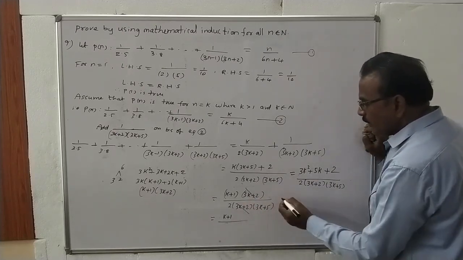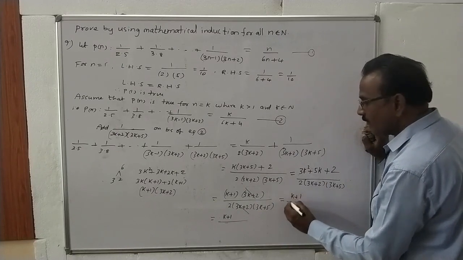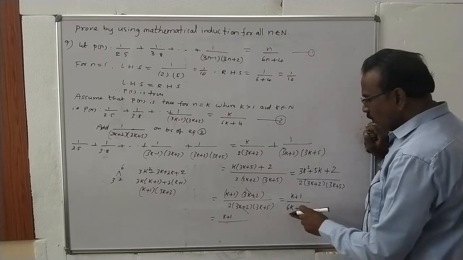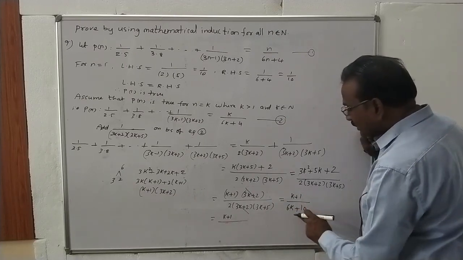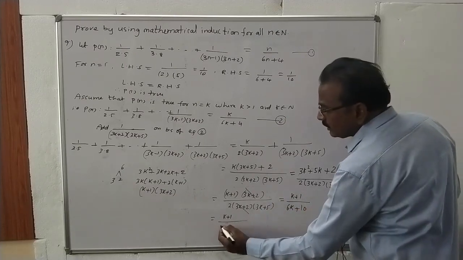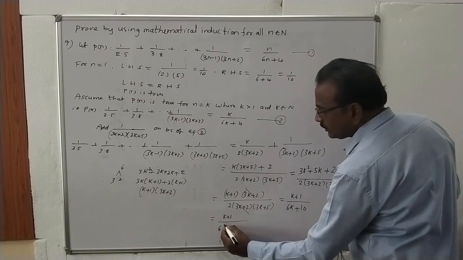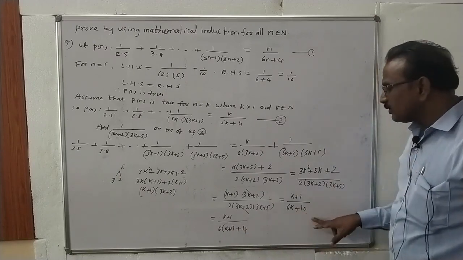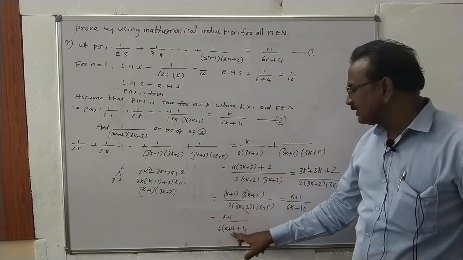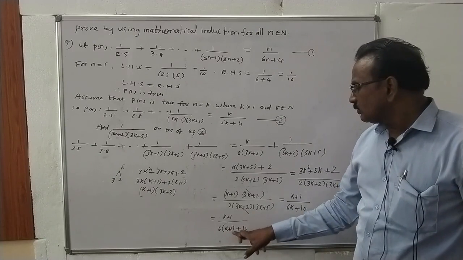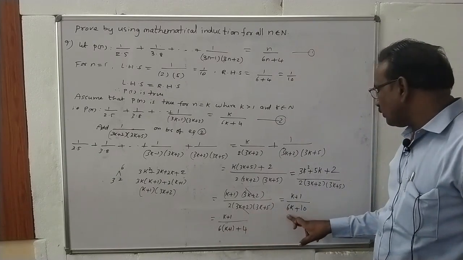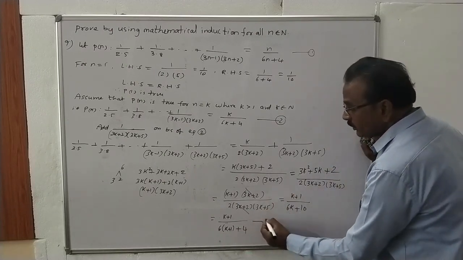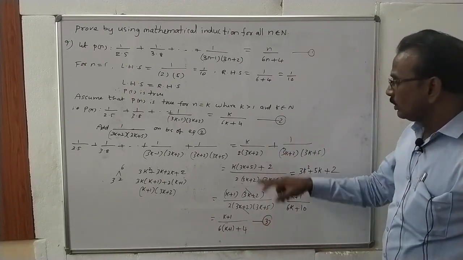Here 2 into, that is k plus 1 divided by 2. 3s are 6k plus 2 5s are 10. So numerator is k plus 1, 6k plus 10, which can be written as 6 into k plus 1 plus 4. So 6k plus 10 is equal to 6 into k plus 1, that is 6k plus 6 plus 4. This is equation 3. So compare 2 and 3.